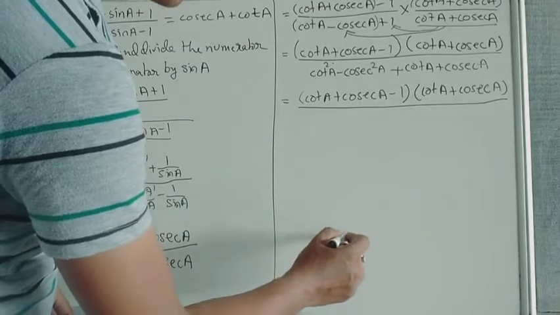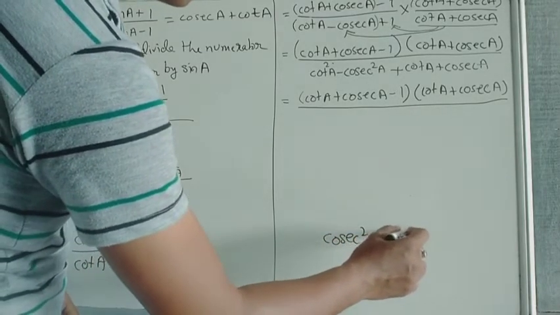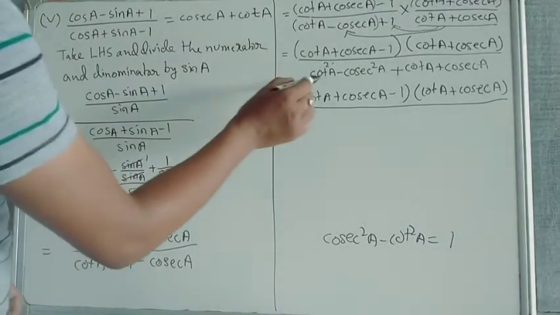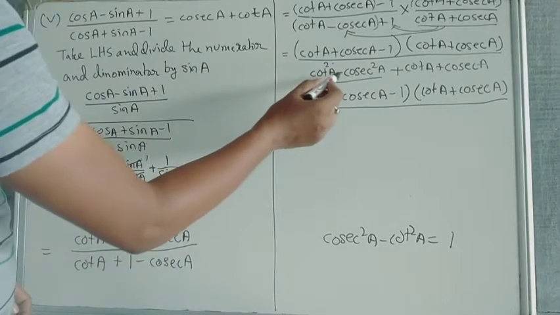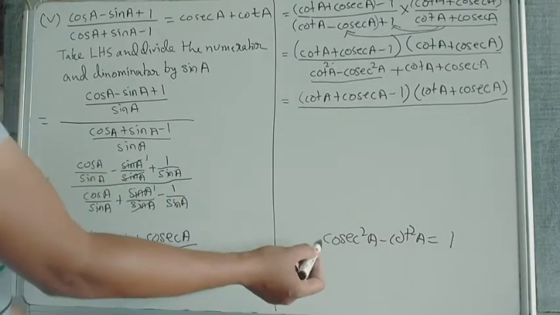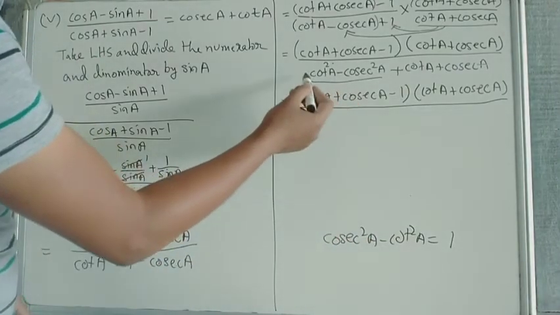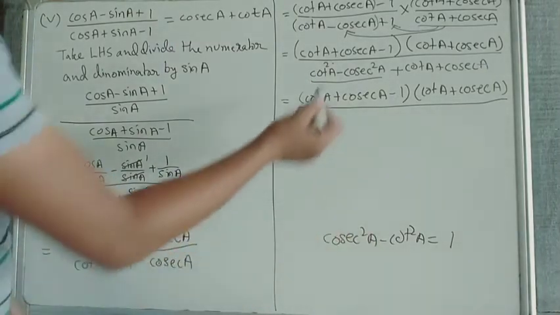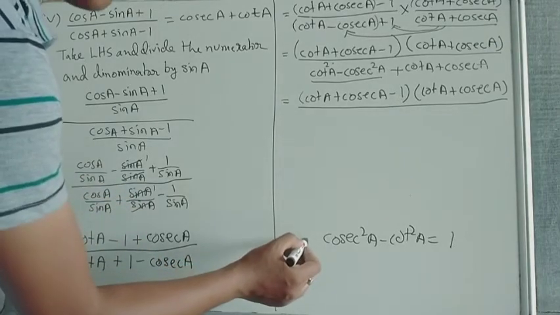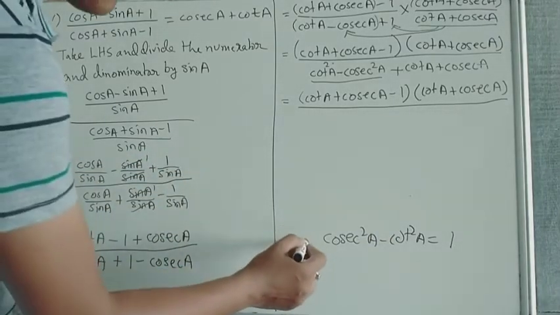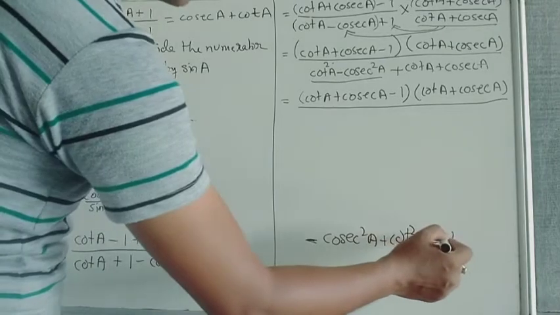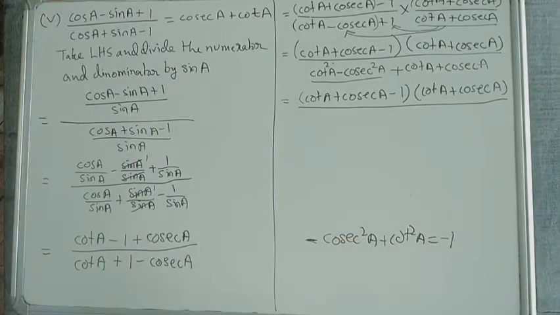Our formula is cosec square A minus cot square A equal to 1. Okay, this we have as the formula, and what we need here is cot square A minus cosec square A. That means cot square A has to be positive and cosec square A has to be negative. To get this part, this is plus but here it is minus, this is minus but here we have plus. So how can we change? If I multiply both sides by minus, it will become minus, it will become plus, and it will become minus. Is it clear? This one.